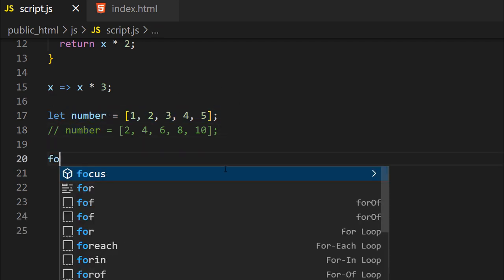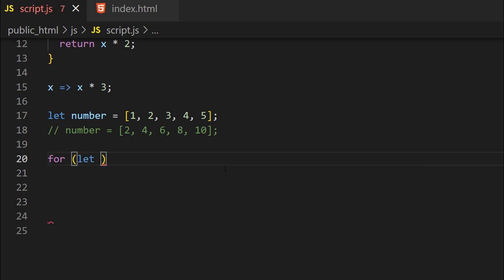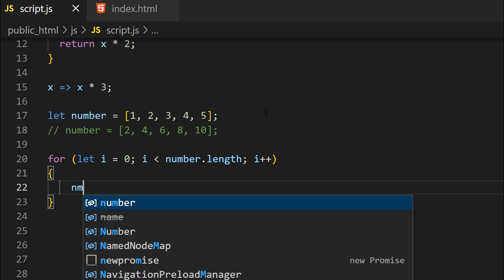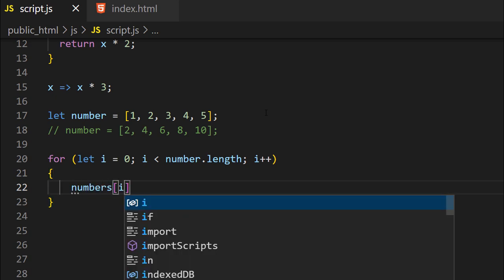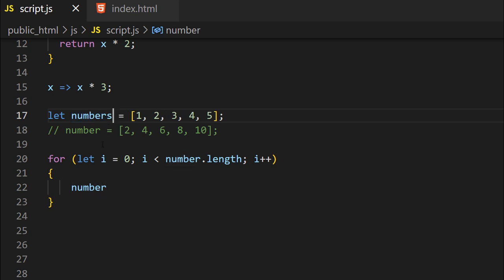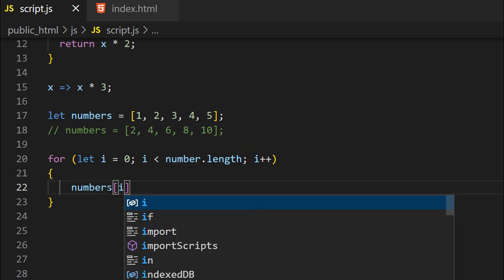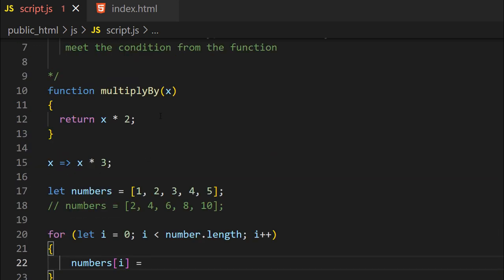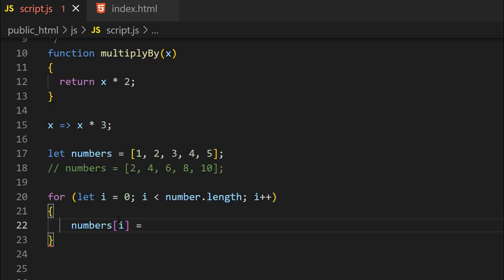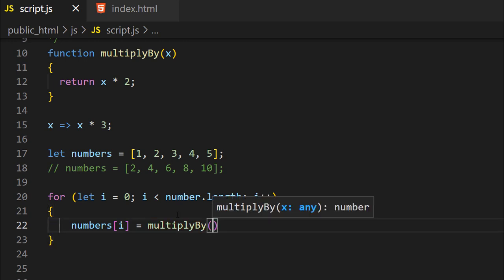So normally you would probably do something like that. You would create an array that would go through every element, right? So let there be an I variable that is equal to I, and if I is lower than number length, right? So we're gonna go through every element, and now we're gonna assign to each of that element, right? Numbers. To each of that element, what? Well, we need to multiply the value by 2. So, well, we could do something like numbers multiplied by 2, or we could use our function, right? So we can do numbers of I,